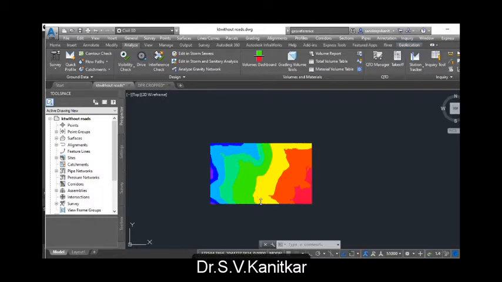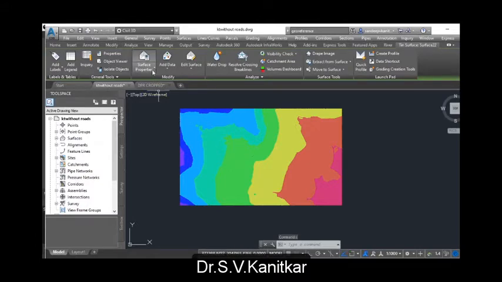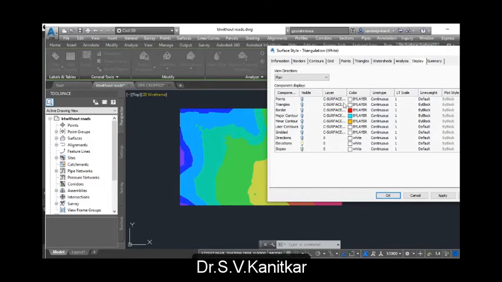So this is the clipped portion of the digital elevation model, which only shows the elevation profile, how the surface elevation is changing. Now we'll demonstrate different symbologies or different surface properties which are helpful in actual design of such a system. So after clicking the surface, I can actually generate major contours, minor contours. Let us first generate only major contours.